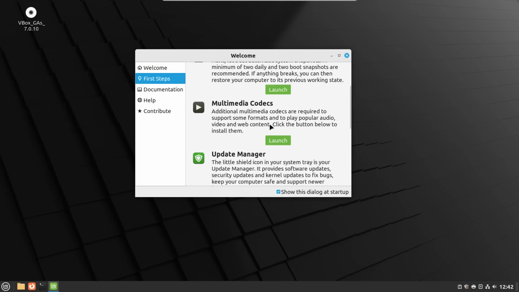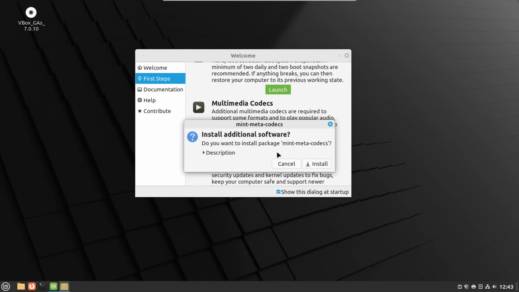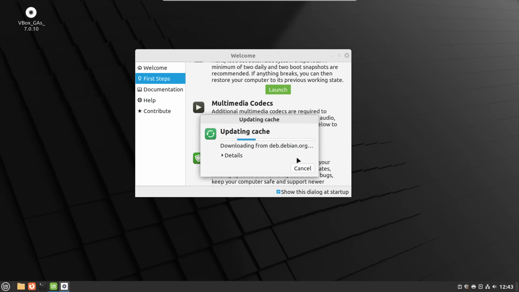System snapshots, that is setting up Timeshift. We will not be setting that up on a virtual machine, although I encourage you to do that. I've talked about that in other videos. Let's go ahead and do our multimedia codecs, just in case, in a virtual machine, I come across the situation where I need to play videos or, you know,